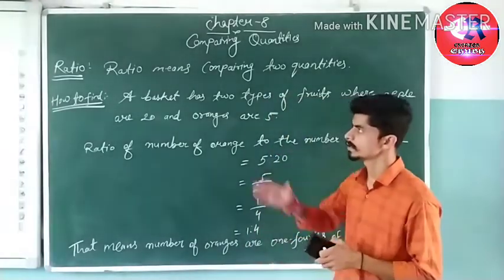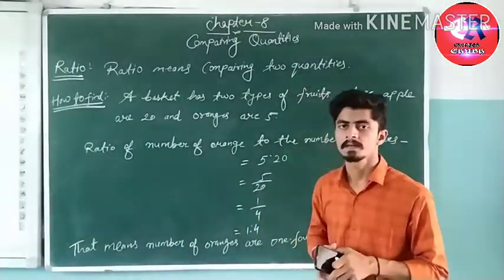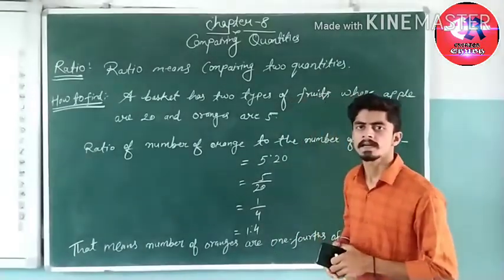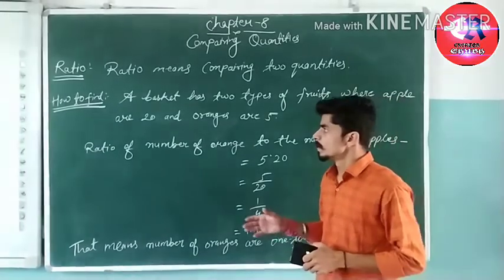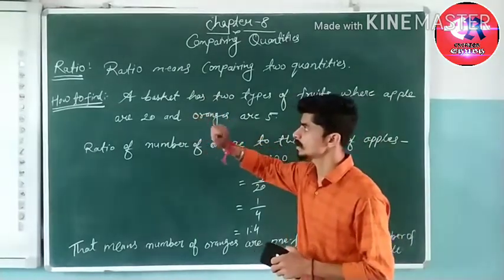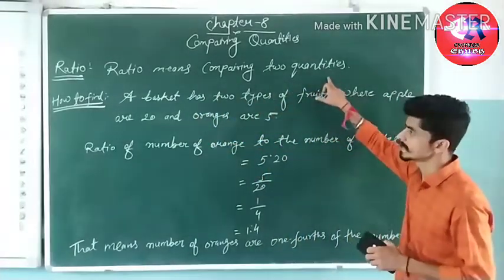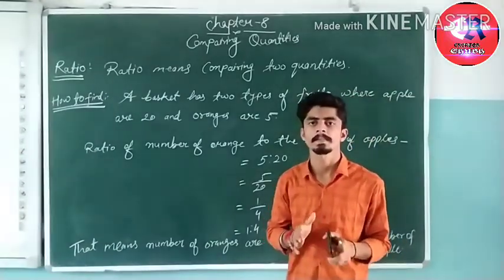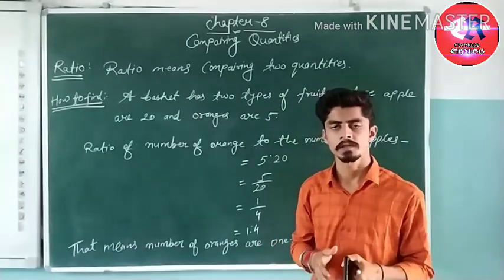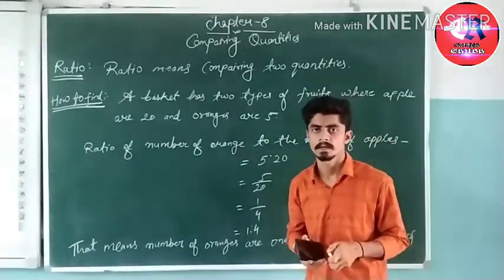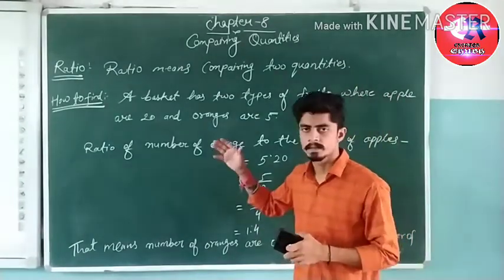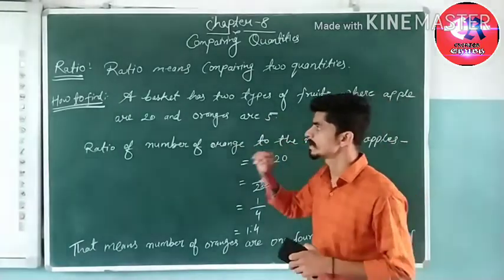The first topic is ratio. In this chapter, for exercise 1, we have to find ratio and percentage. So first we are going to cover the theory. What is ratio? Ratio means comparing two quantities. In the ratio we are comparing the quantities, whatever quantities are given in the theory or the question. As we compare, you are smaller, you are taller. In the same way we are comparing the quantities in the ratio.